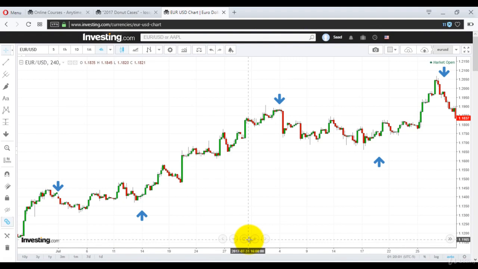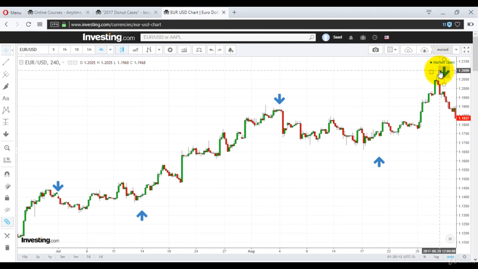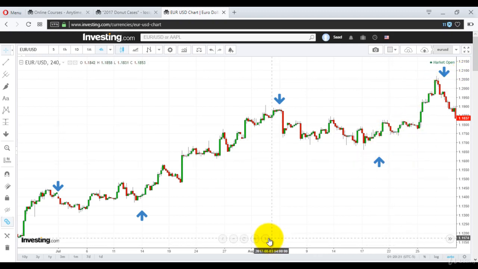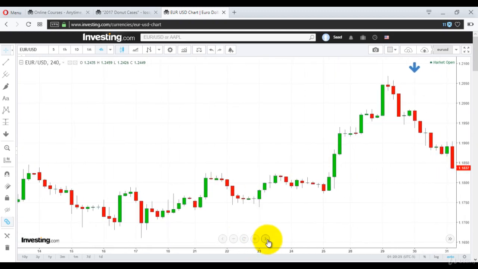Hi guys, today we will discuss the Euro US dollar pair on the intraday chart, the 4-hourly chart. Now the buy and sell signals that you're seeing are from the daily chart. From the daily chart you can see how to buy and sell from the previous lecture. But let's look at it further on the 4-hourly chart, the half day mark, so that we can understand how the